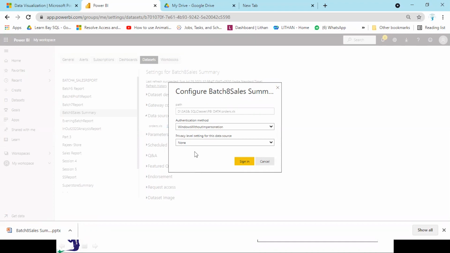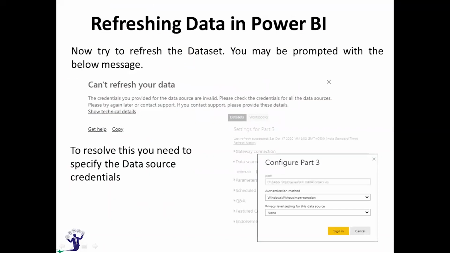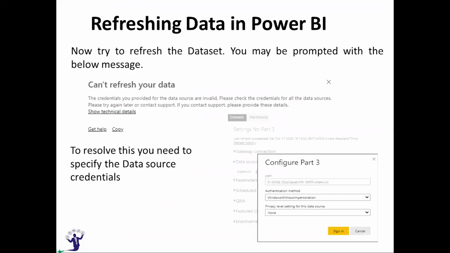As of now, we do not have any user ID password, and you can set the authentication mode as Windows without permission and set the privacy level as none, and just sign in, provide your user ID and the password of the Power BI service account, and the data source credentials will be set. Now, when you go to the settings and refresh the data, you will be able to successfully refresh your data.